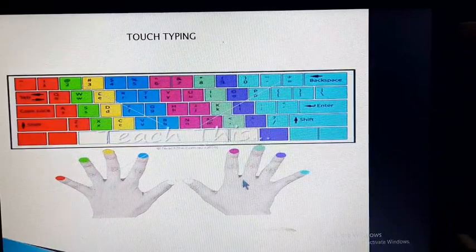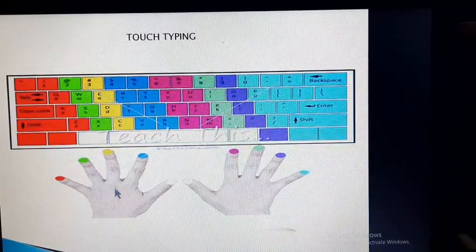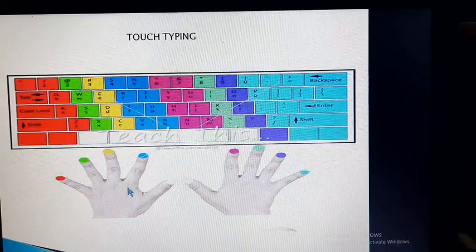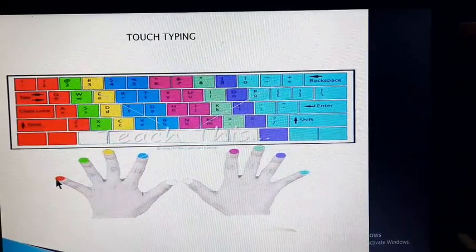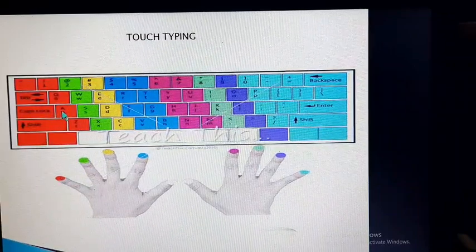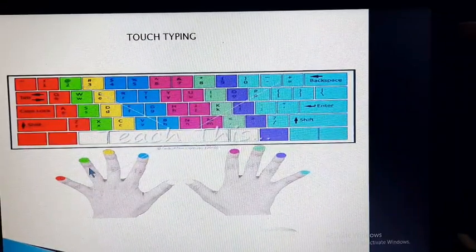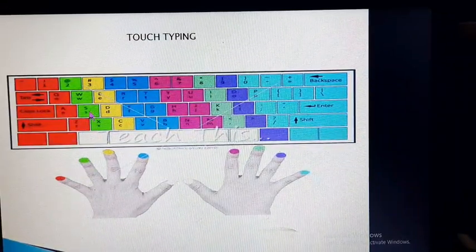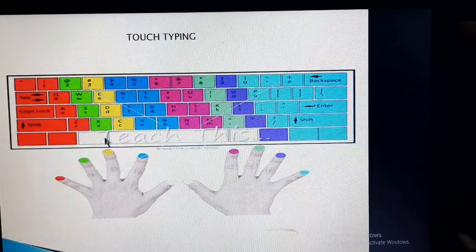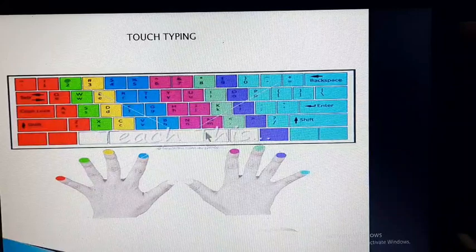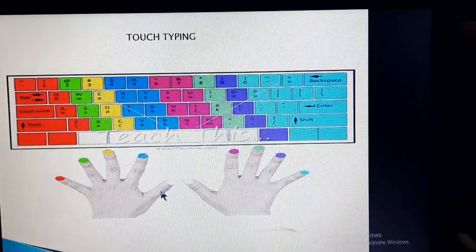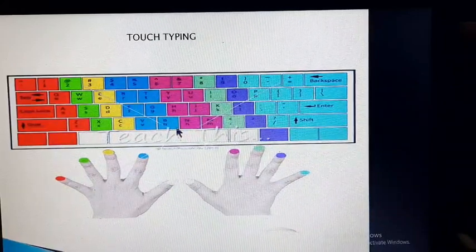In stage 1, the learner should keep their fingers on the home row. This is the home row. The little finger rests on A, the ring finger rests on S, the middle finger on D, the index finger on F, and the thumb is used for the space bar.